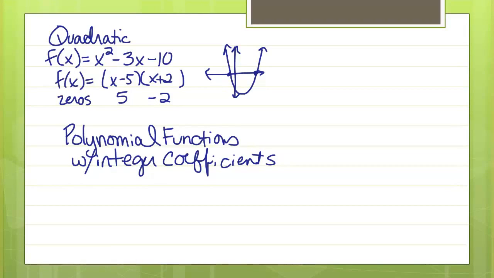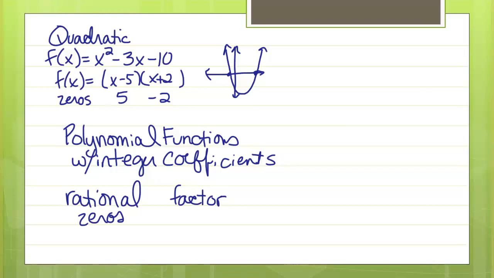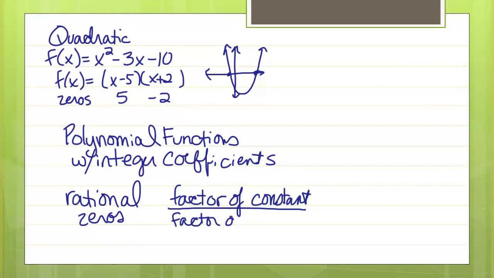If we have that kind of thing, then our rational zeros are going to be, because we could have complex solutions, complex answers, but it's going to be the factor of the constant divided by a factor of the leading